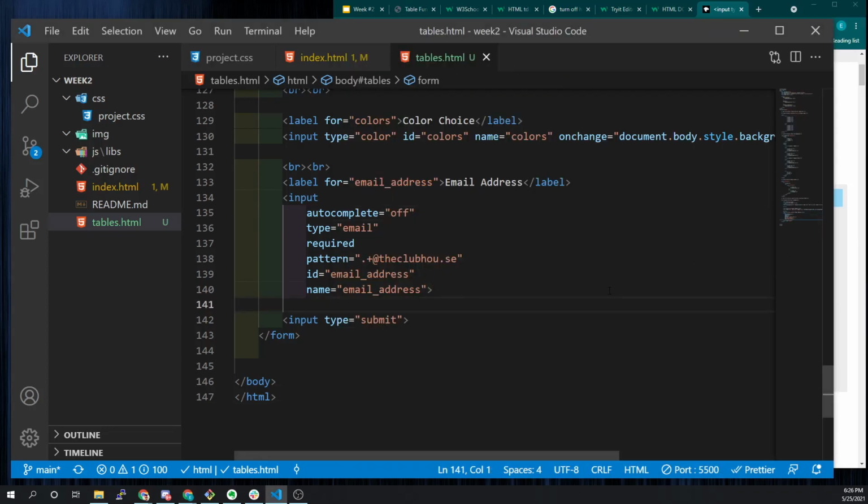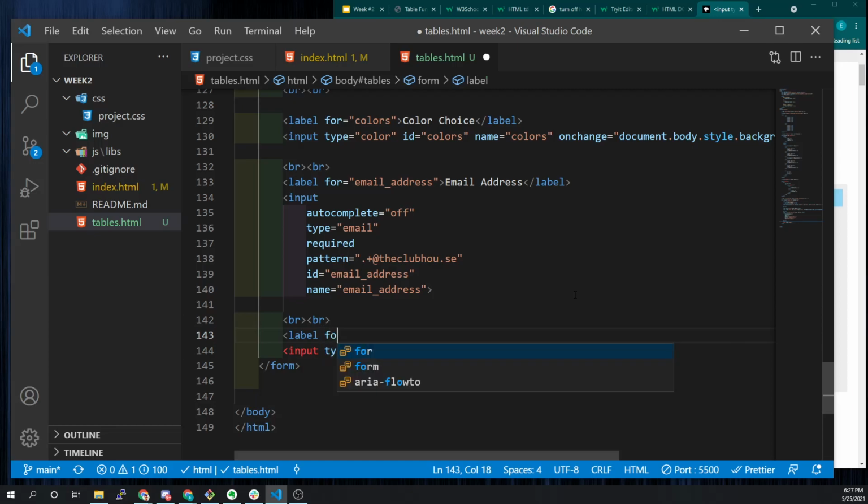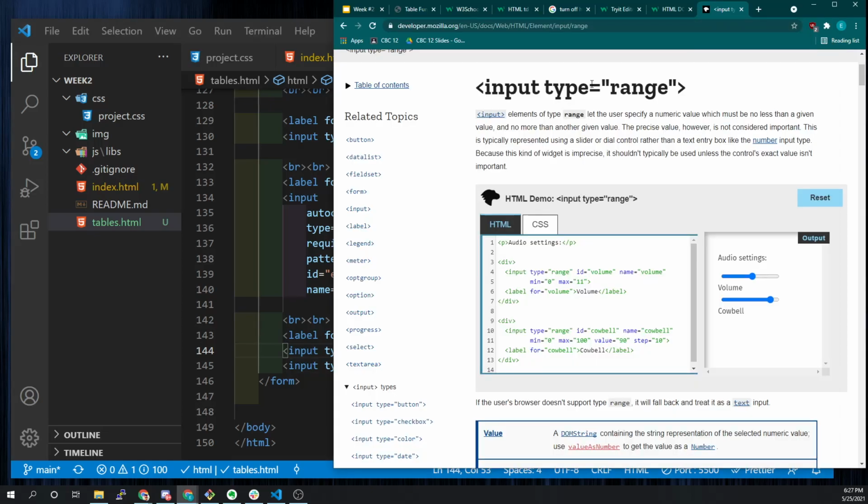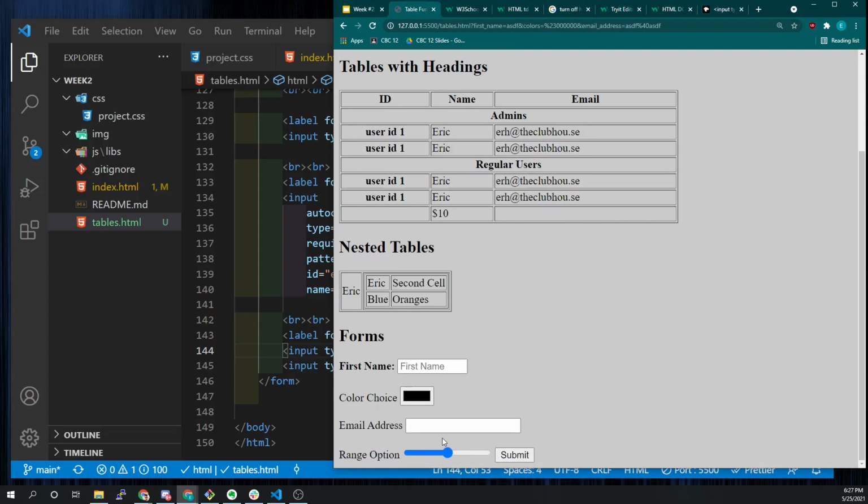So how do we use this? Let's make some spacing here for ourselves. Add a label, and we'll say for equals range, and we'll say range option. Label. Input type equals range, ID equals range, name equals range, right? So by default, if you go to our page, we're going to see this little slider here now. And if I move it to here and I click submit,